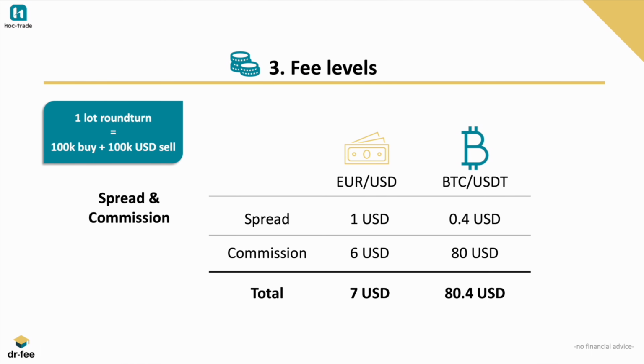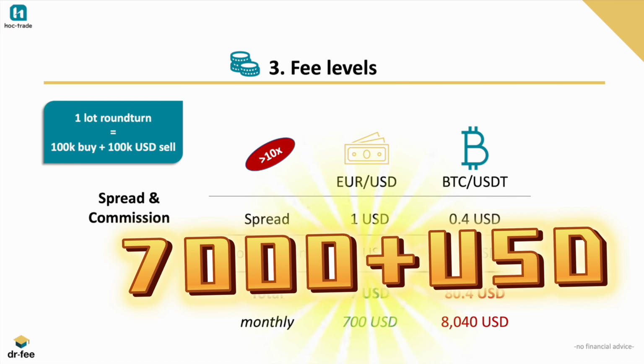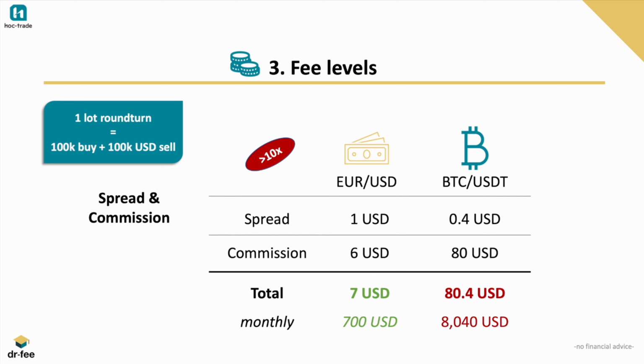As you can see, the fees are much higher in crypto compared to trading Forex. Actually, in this example, more than 10 times as much. As a fairly active retail trader with 5 of those 100,000 USD trades a day, 20 trading days a month, your monthly fees in crypto are 8,040 USD. While your fees in Forex would only be 700 USD, that means if you are trading in the crypto market, you must make an additional profit of more than 7,000 USD per month just to recover the additional fees you pay